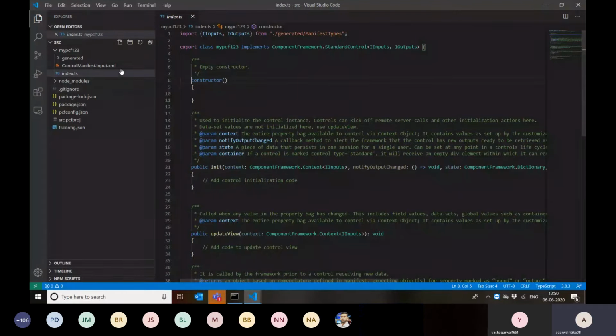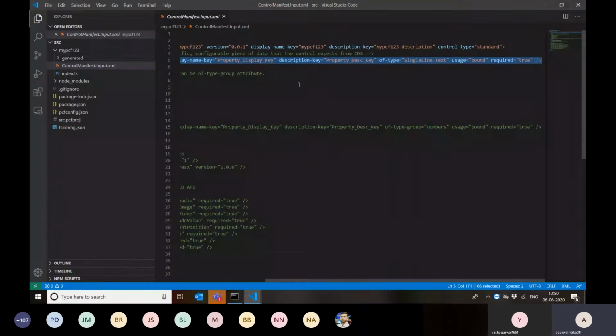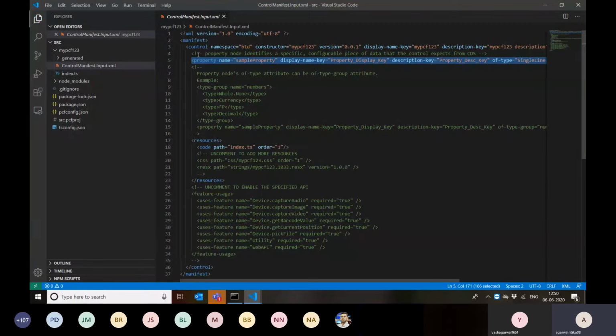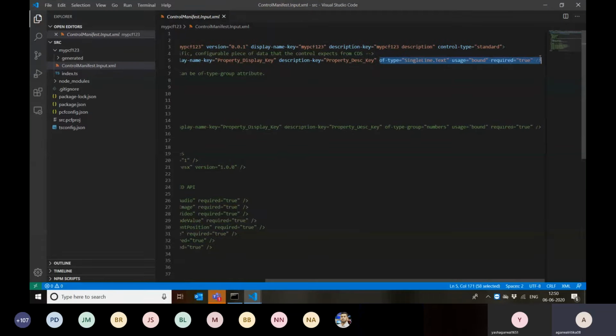One other major thing about the PCF while we are starting to build is properties. As you can see, there is a sample property already in place, which gets created as soon as I spin up a PCF control. So let's see what all we have here. Our property has a name, and it has a display name key, and a description if I want, I can give. Then these are the major properties. Of-type is what data type my parameter or property is going to have the value for. Then usage is whether it is going to be an input property or an output property. Bound means input.